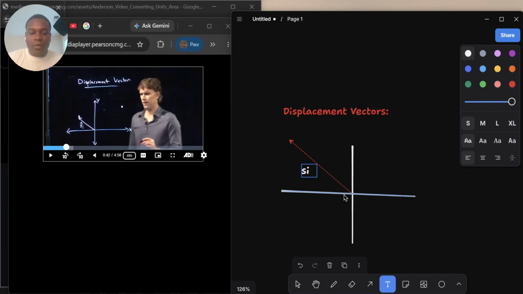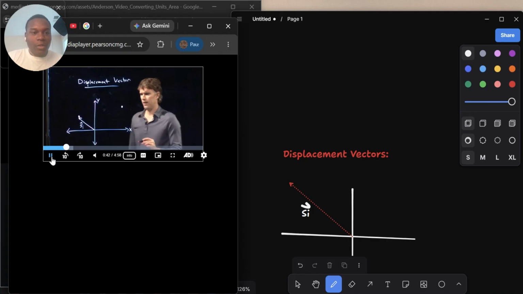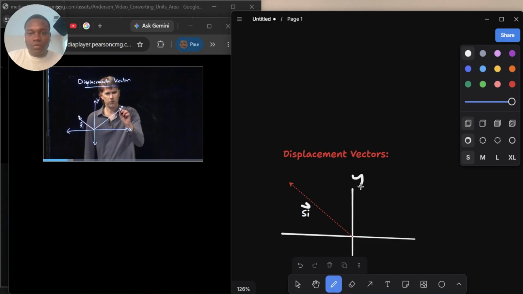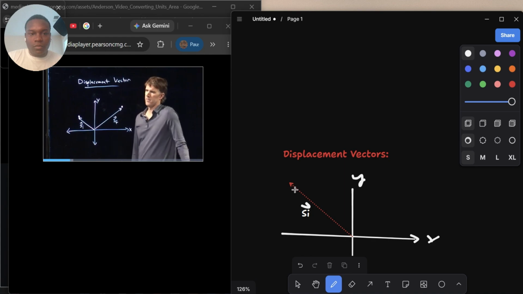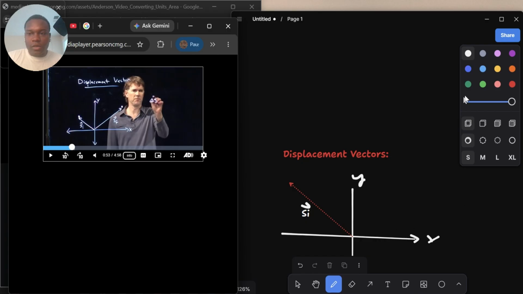Or I could just make it a capital. So how do you make stuff sub on Windows? And then we can draw a little arrow. This is my vector S sub I. This is the direction from the origin I'm going. The vector from the origin to your final location is S sub F. And therefore, delta S sub F. That's your final.